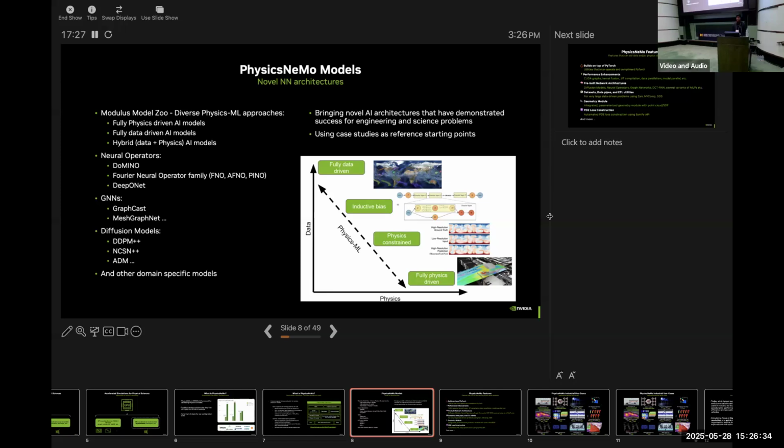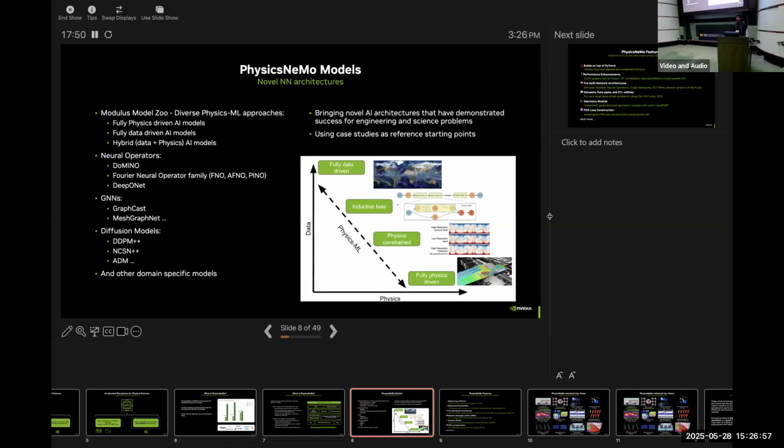You have Fourier neural operators or spherical Fourier neural operators, which try to encode the spherical geometry into the architecture. We have found that this model performs really well for some weather applications, which we will see in the rest of the presentation. So we have a few models along those lines.